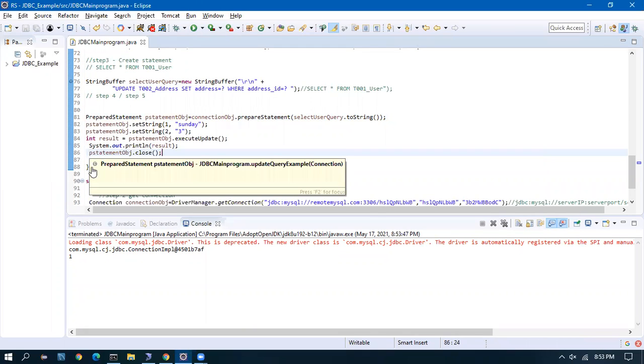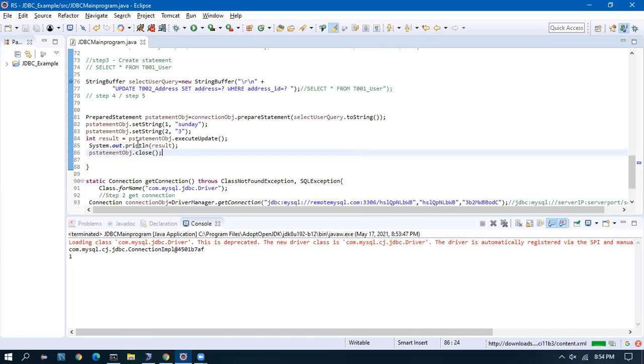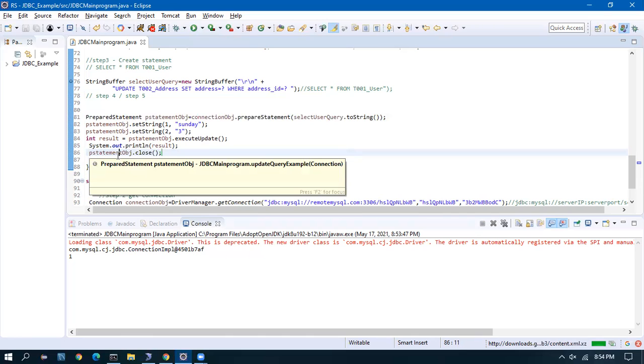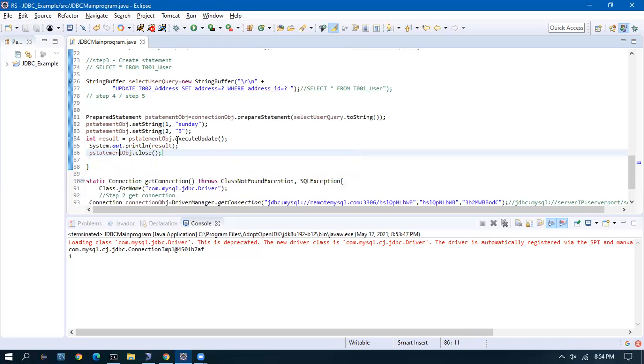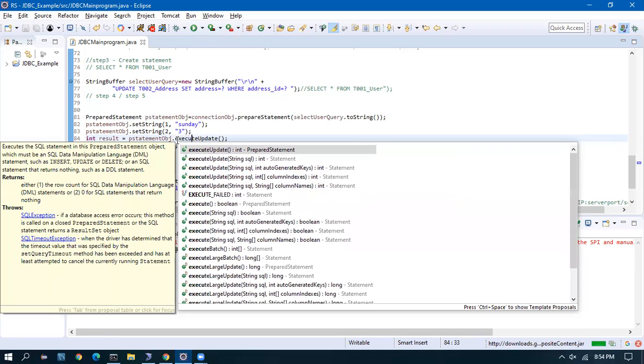Always close the statements, and connections you should open only once. That has to be done at the server level. In the main program, if you are opening like this, you have to close it, connection.close, the same way. And why did I come to this story is, you have something called execute batch. That is how I started this.